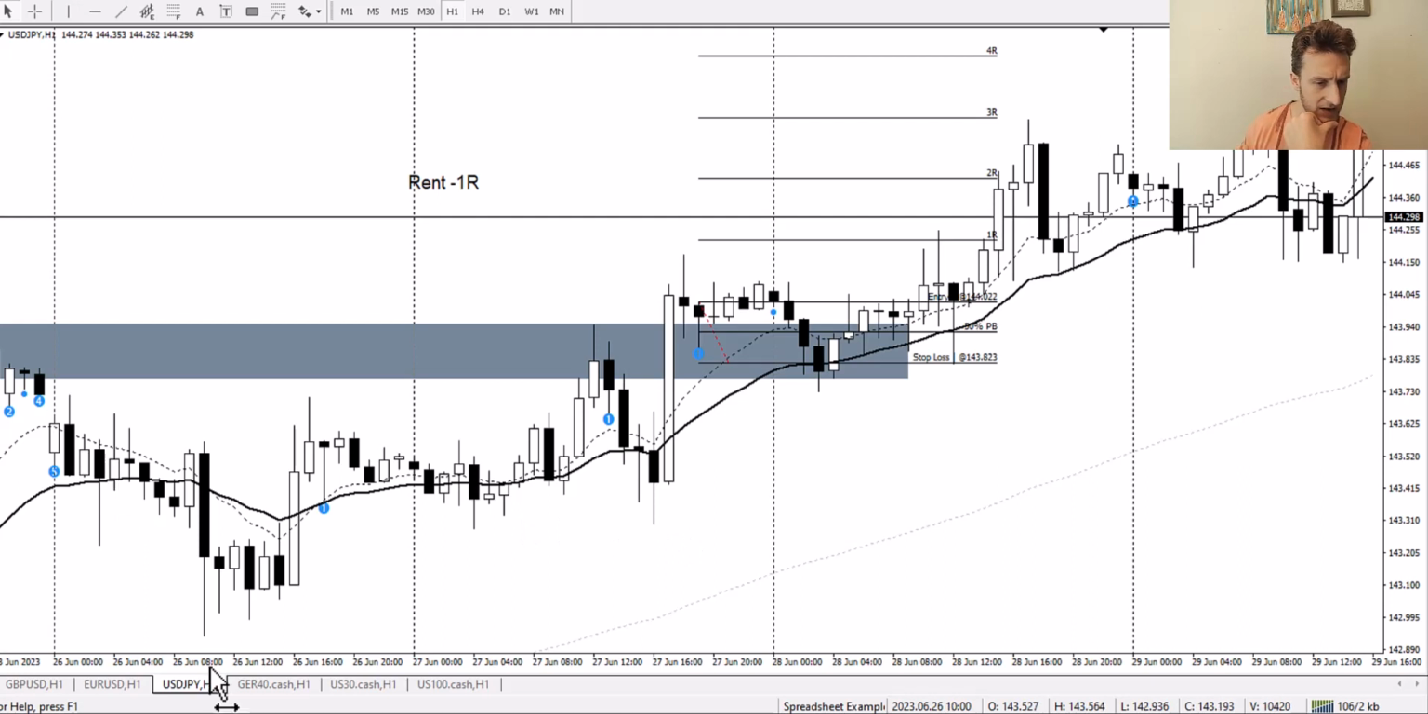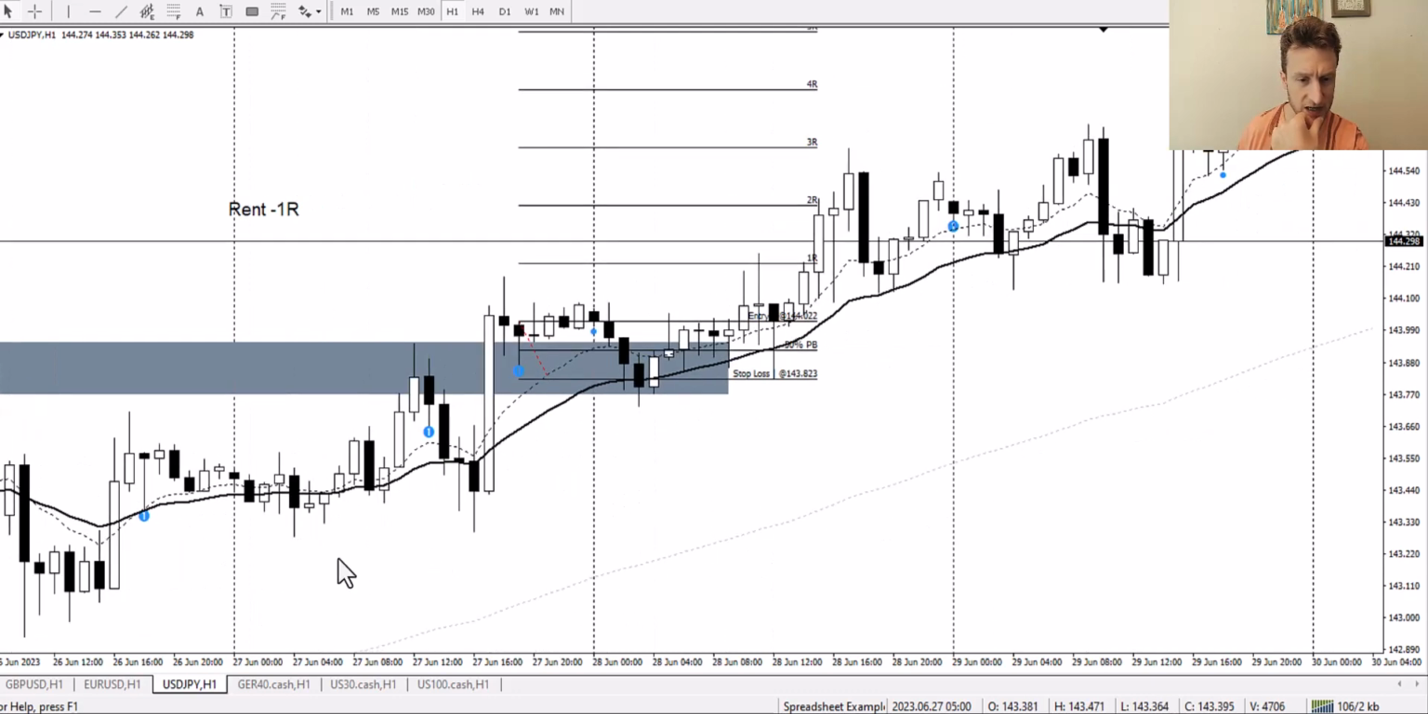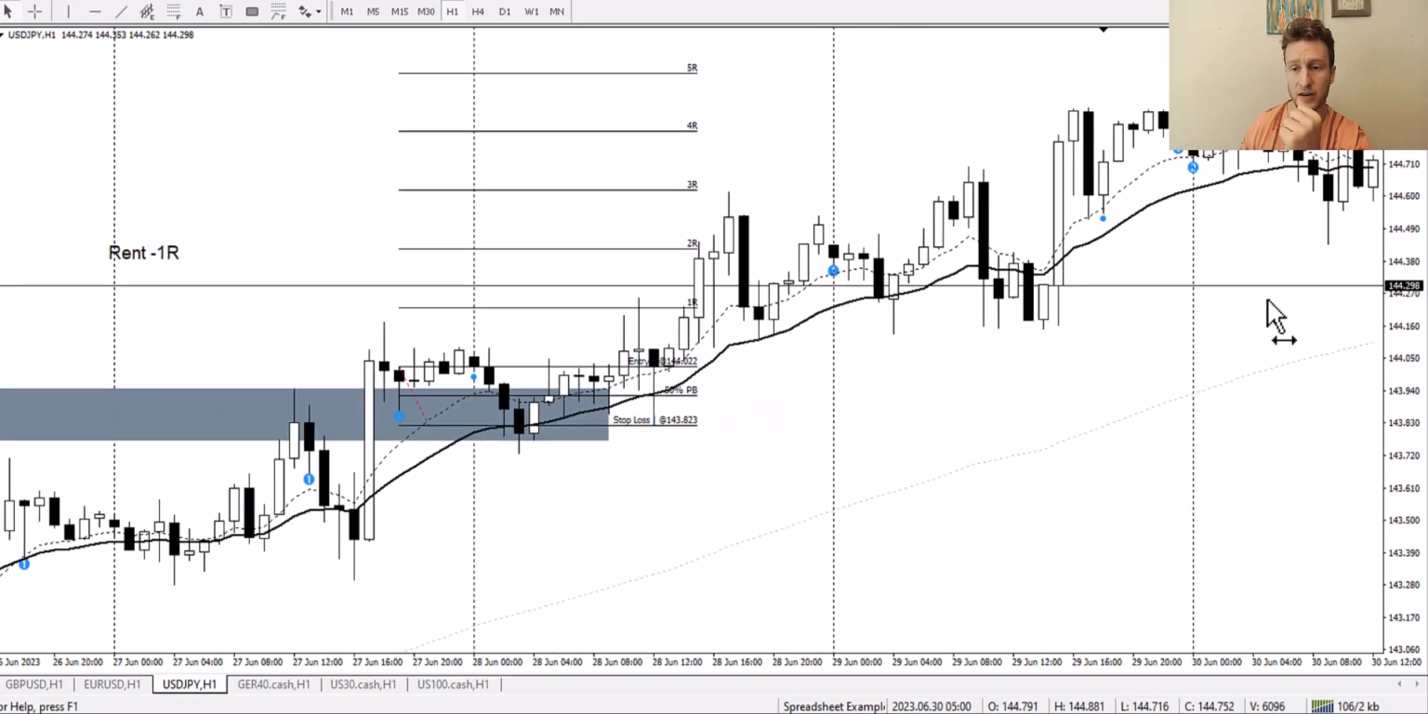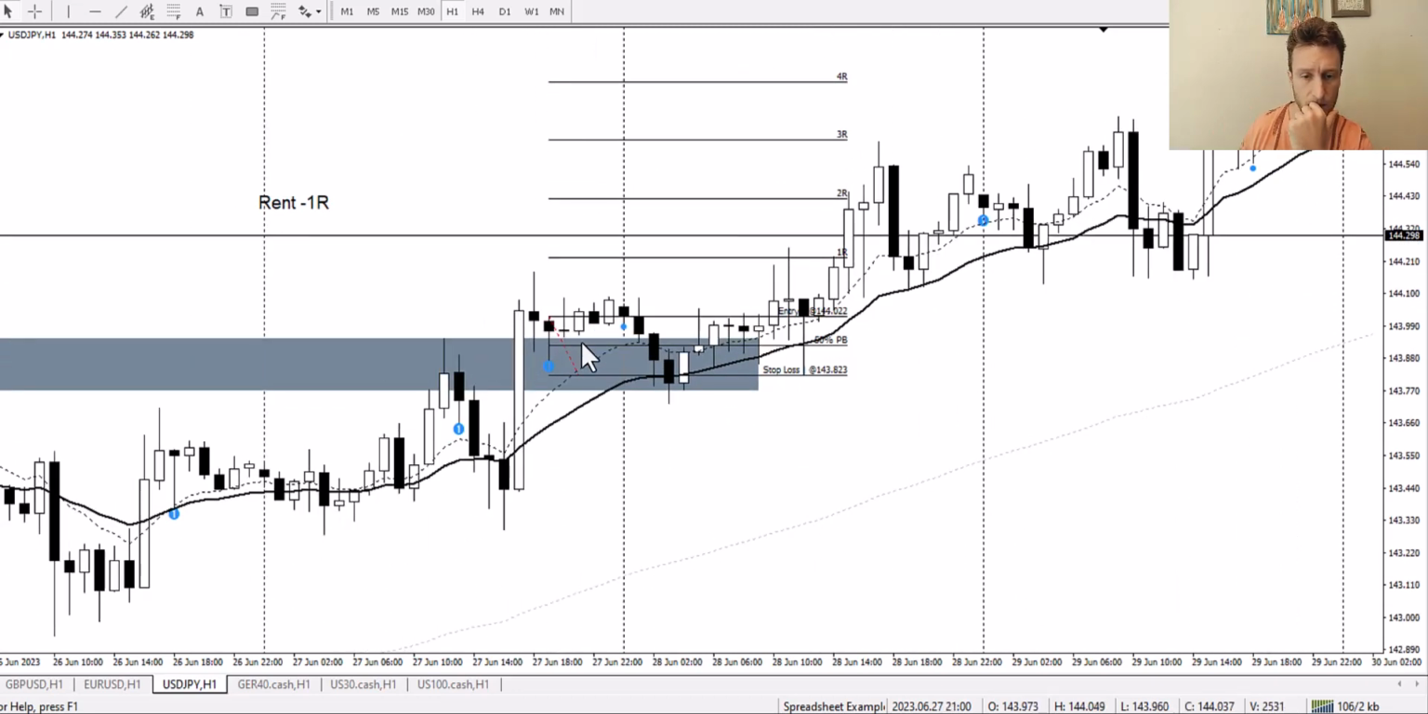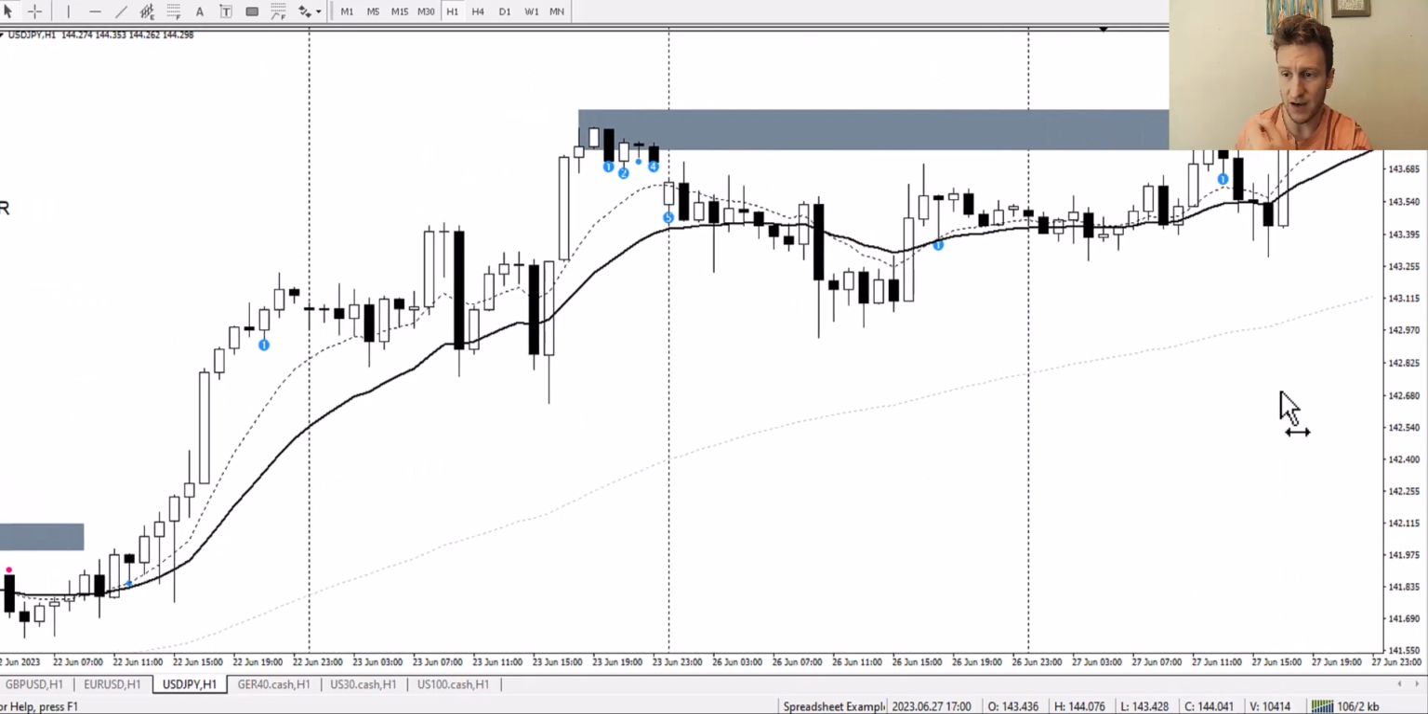So then we got the USD yen. Nothing on the 26th that we'd be interested in. Now this one's a nice one. Broke out of an area, pulled back, ended up being a rent. Pulled back a bit further, and then continued on to 5R, but it was still a good trade. It's still a good signal. I would have taken that one